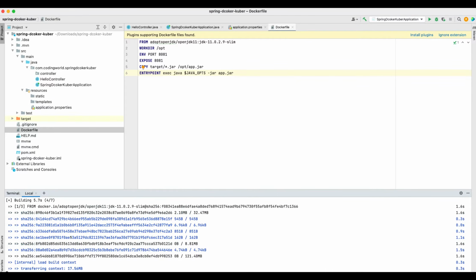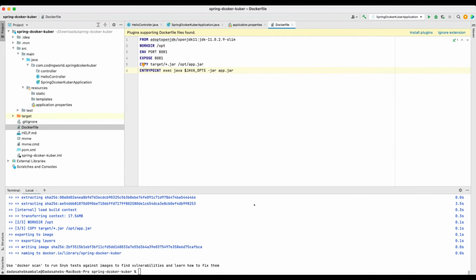It will take some time because we are pulling OpenJDK 11 into our Docker image, and it will be a little time consuming. So I will pause my video for a few seconds and then we will resume. We are done with our Docker image build process.